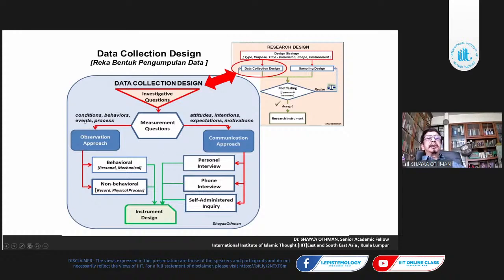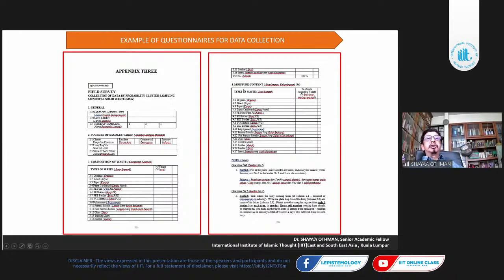If it's psychological, I think one shouldn't do it that way; they have to use some observational approach in this case. The behavior change, okay, non-behavior change is based on records, say a doctor's record, and so on. These are the basic instruments: questionnaires, okay? Here we look at the field survey. This is an environmental survey. They're getting all the information here, records, and so on.